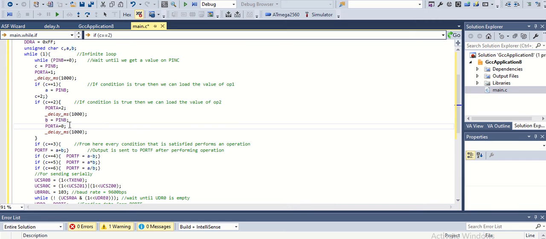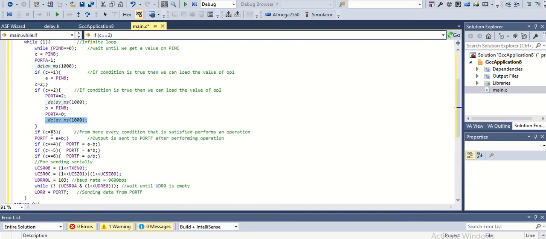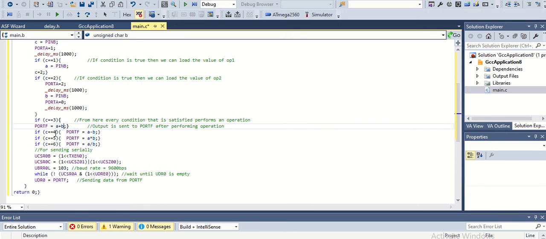After that, all LEDs will be turned off, and after 1 second, this will give us time to input the operator code. So these are the operator codes: C is equal to 3, 4, 5, 6. So at this time we will press any of the operator codes. If we have pressed 3, then port F will return A plus B. On any of these numbers, if we insert them at the point when all LEDs are off, those numbers will eventually give an output at the port F, which will be one of these according to the number.